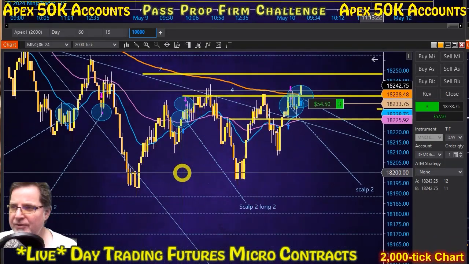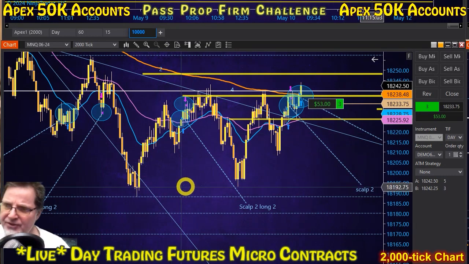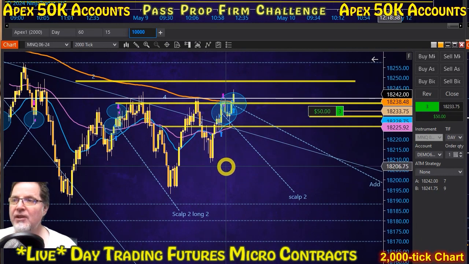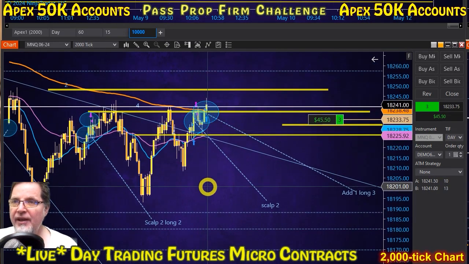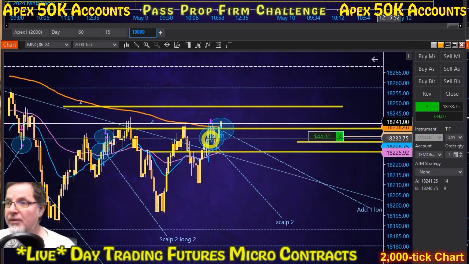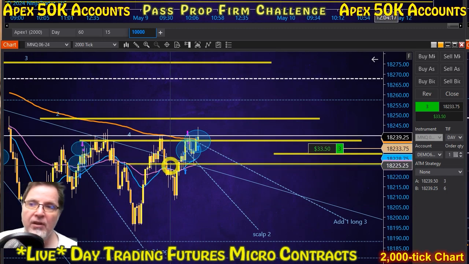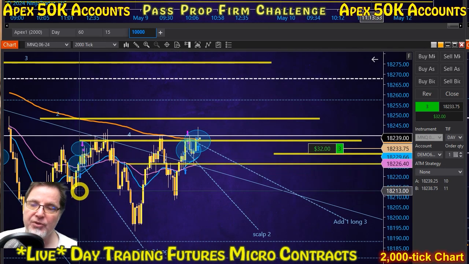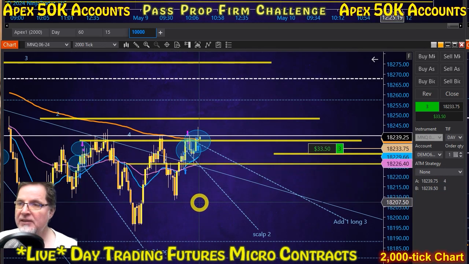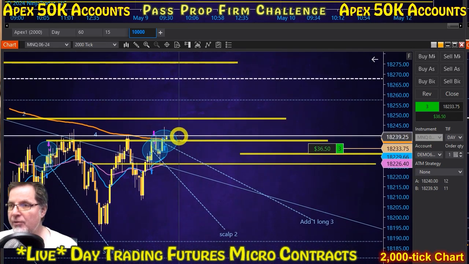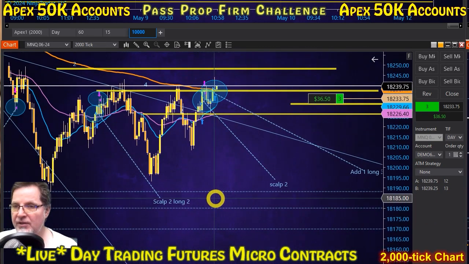These reversal patterns, I like to see multiple times to sell off with creating higher lows with consolidation. And it could fail, but I added 1, so now I'm actually long 3 for the first time, except for these small scalps where I added 2 and it was long 4 just for a quick pop. Right now I'm holding 3, and I'm willing to hold this third one down to the bottom.